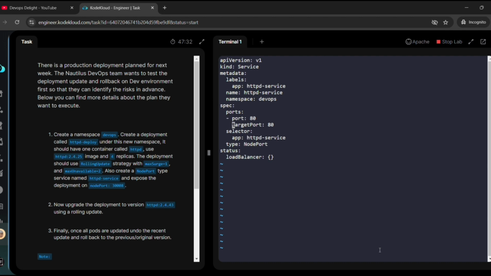And protocol also we don't need. If you want to keep it, we can keep it, but I don't feel it is needed, so I removed it. Here we need to mention port